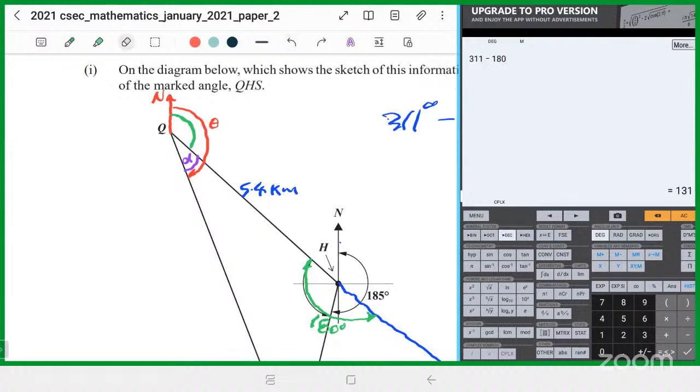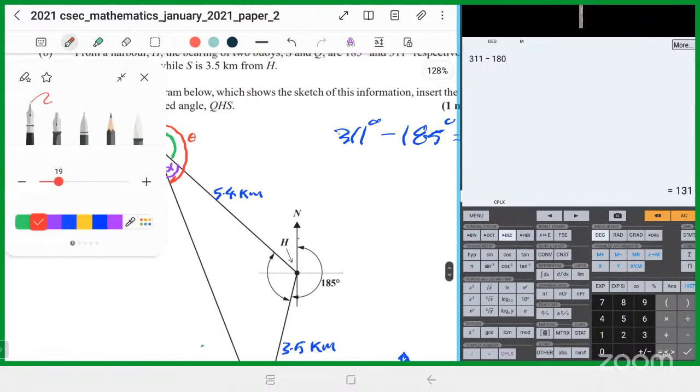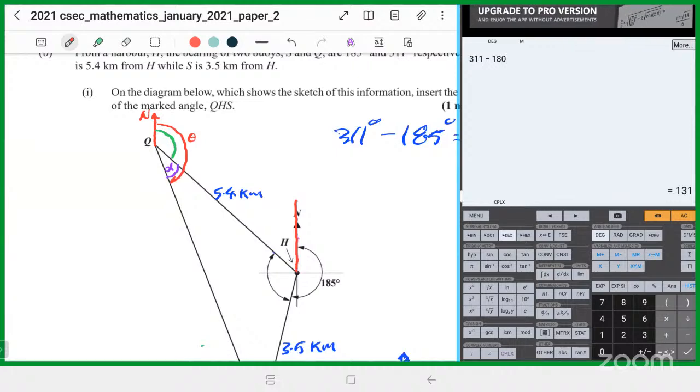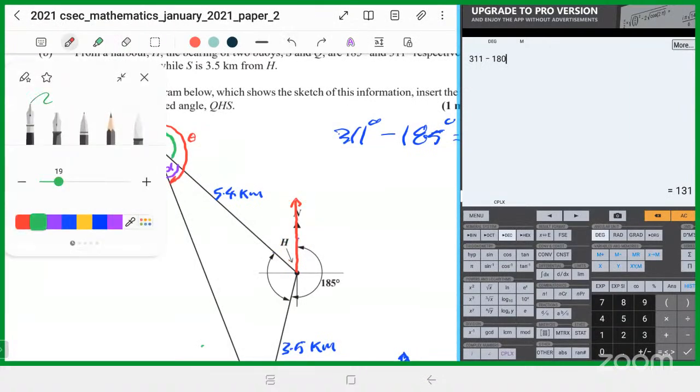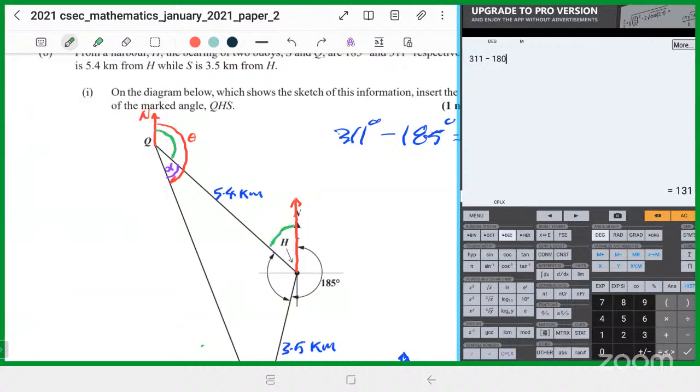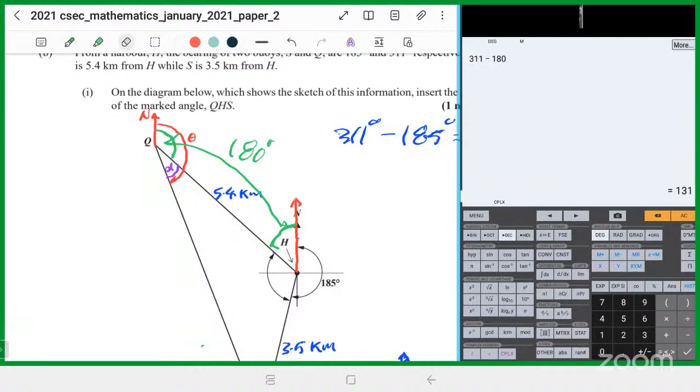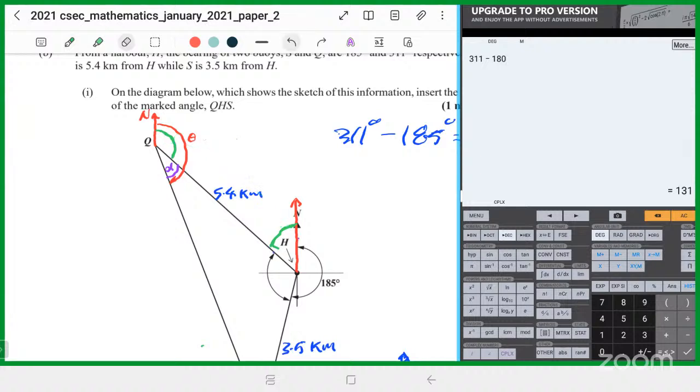Let me take this out. I'll put this line in red, this north line in red. Then this north line and this north line are parallel. All right, so this angle inside here, I'm going to mark in green as well. Those two green angles are co-interior. They are 180 degrees. All right, but this green angle down here right now is 360